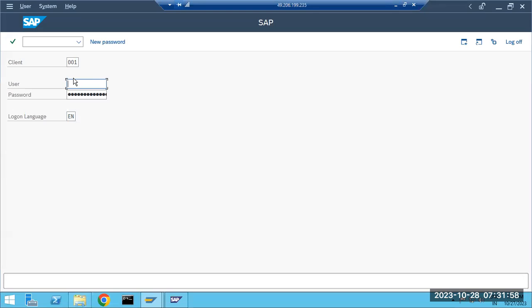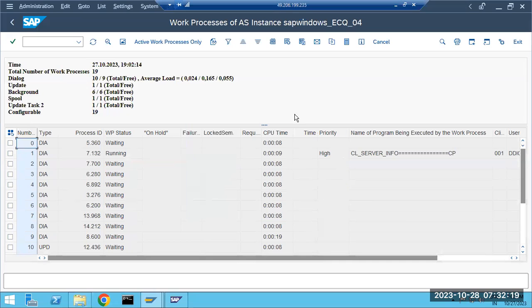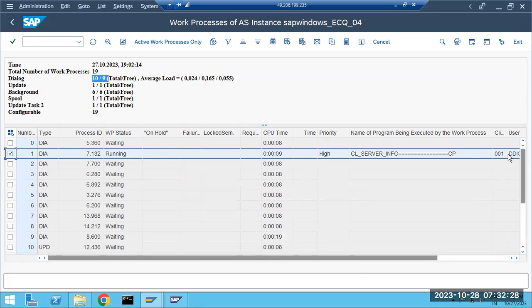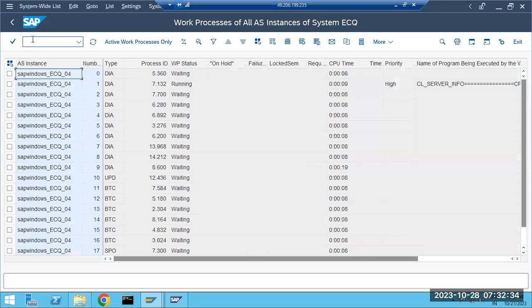So what are the transaction codes for checking the status of the dialog work processes? As we discussed yesterday, SM50, and SM66 for the global work process. If you have more than one application server, we can check in SM66. Here we can see how many are there, how many are running, and how many are free. One is running, which is the one I connected now. That is the reason my user is connected here, right? SM66 is for the global work process. But currently we have only one, so with either local or global you will get the same screen.